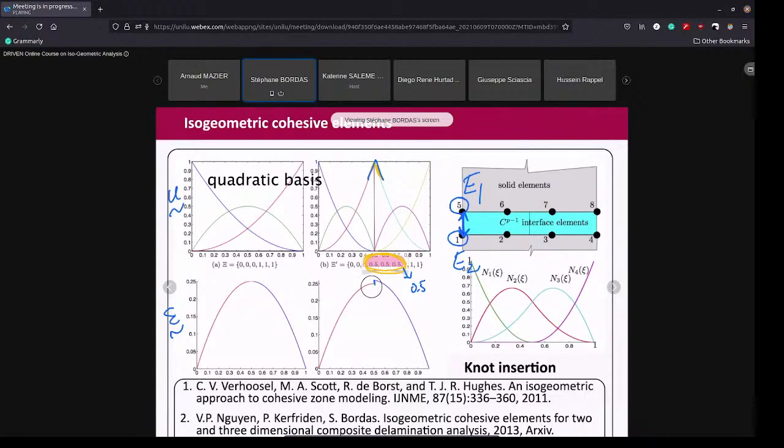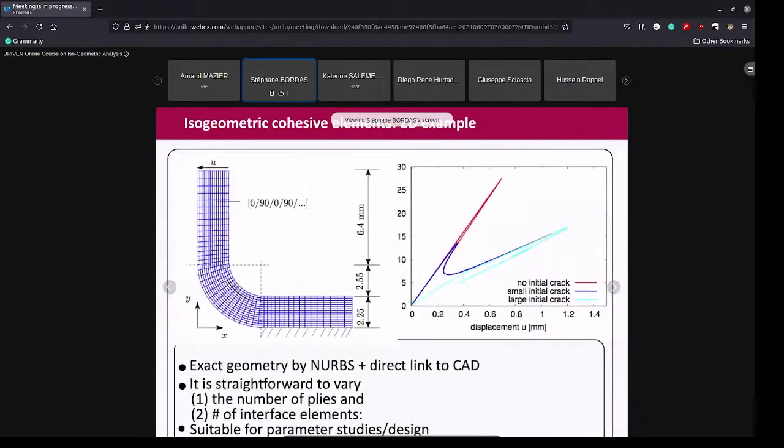All right. So this is the example that we talked about. We have an initial delamination here. Again, you see this works well because you know where the delamination is. But look at